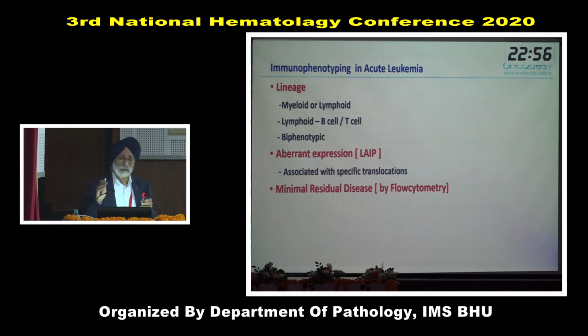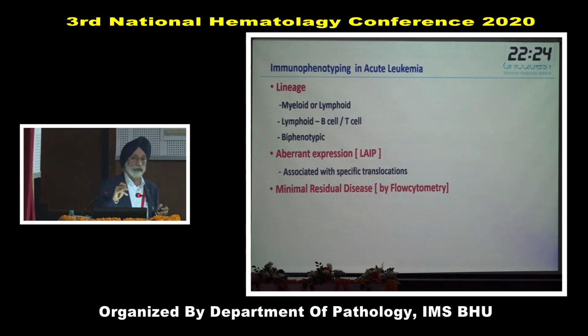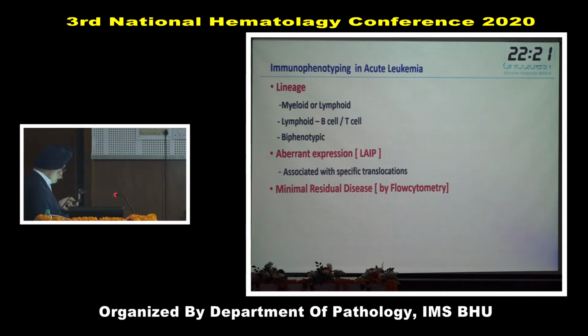but then one or two other markers, CD2, may come out positive in the cells. Or it is a lymphoid, but you find CD33 may come out positive in a few cells. So that is the aberrant expression. Now it has a great role, as we go for minimal residual disease. If we know that this is an aberrant expression ALL or AML, you are looking for the same aberrant expression in the residual cells. If it is so, we know that these are the leukemic cells which are persisting. So that is where the role of minimal residual disease by flow cytometry comes.